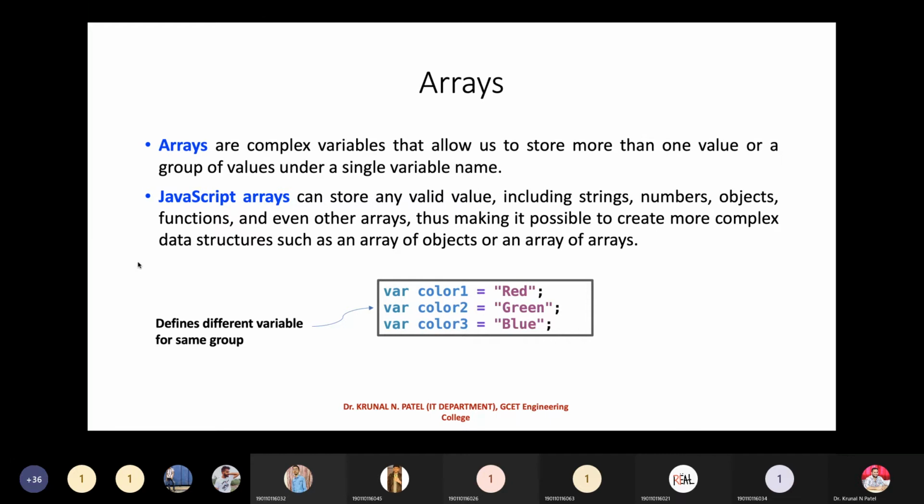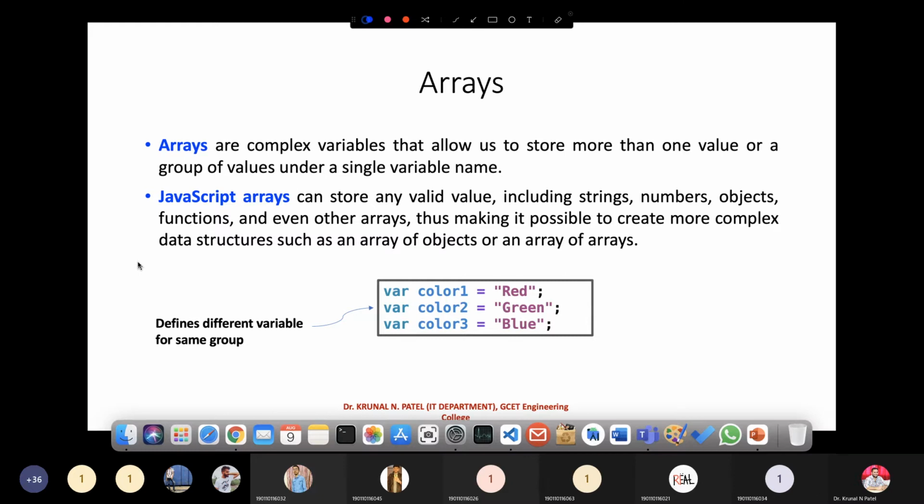Now we have already discussed many times what an array is, and you are all aware of the advantages of an array over simple variables. In this example, the common group is color, and for that we have defined different variables, color 1, 2, and 3.